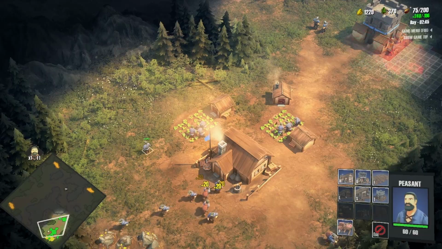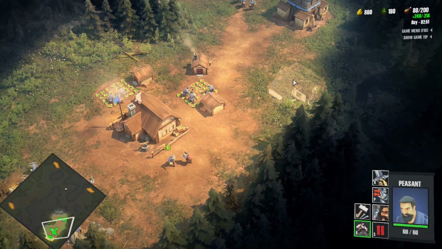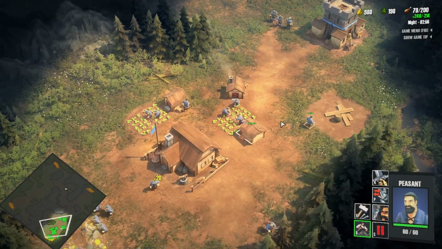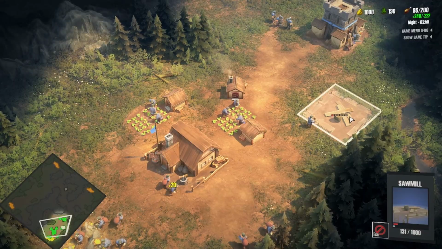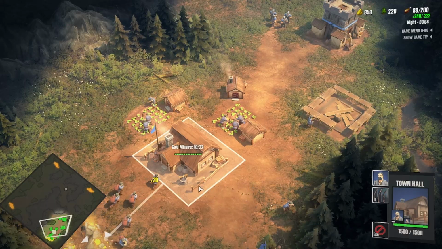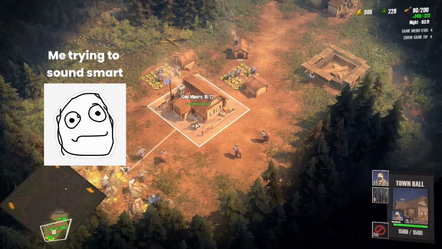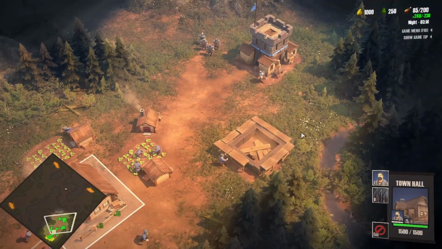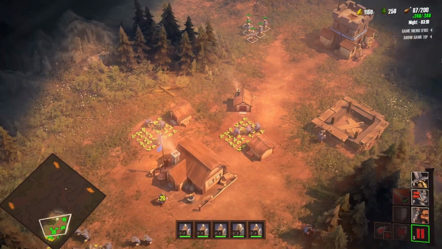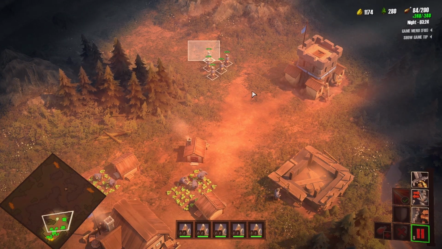Do we have enough? Yes, we do have enough. Let's build a sawmill here. So the very first complaint, not really a complaint, more like an observation I have here, is the building. Now, before saying that, please forgive me for being technically less knowledgeable because I don't know what it's called. Is it tile set? I'm not sure, but the buildings are too big for the spaces. They are taking too much space in the base,